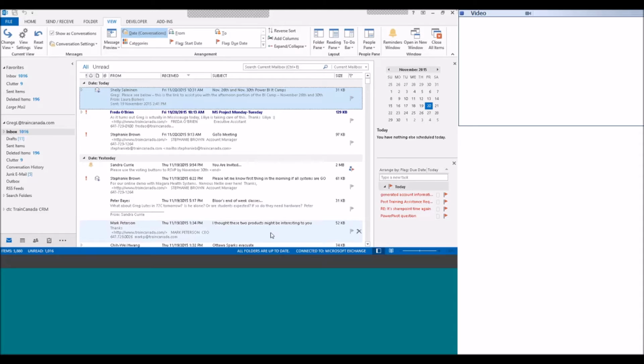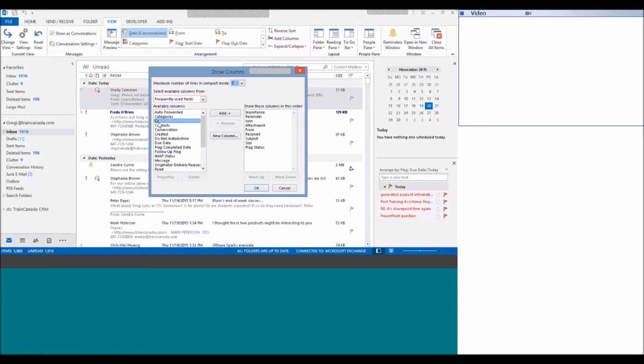So I like the view. You may want to consider adding and removing different columns that you use. So if you use subject, if you use received, if you use the size, definitely keep them. If you don't use them, pull them out. You're not using them. You might as well put something in there that you should. If you do want to add an extra column, like one of the ones that I usually add here